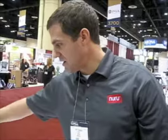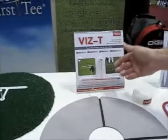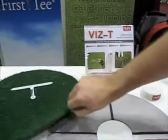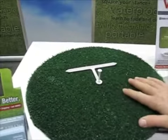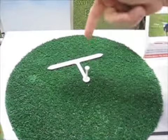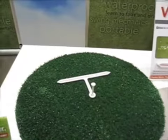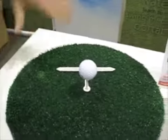So let's start off with the Viz T here. This is the point of purchase display for it. It comes with 20 pieces. But to talk about the actual product, let's come over to this. Imagine this is, say, a driving range, a practice tee. You throw this Viz tee down, put your tee through it, throw a ball onto the tee, and then you've got...